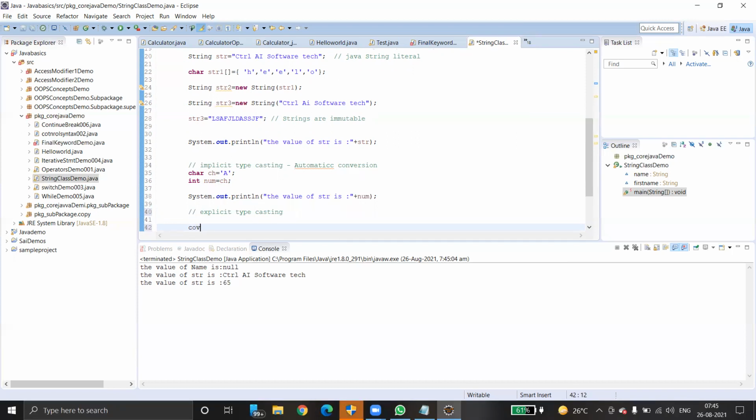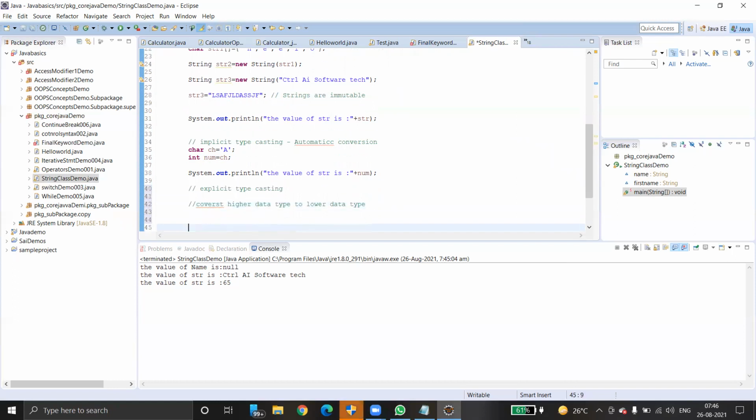Convert higher data type to lower data type. This is explicit type conversion. So how to do this? Actually very simple.